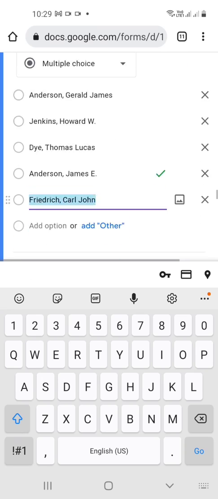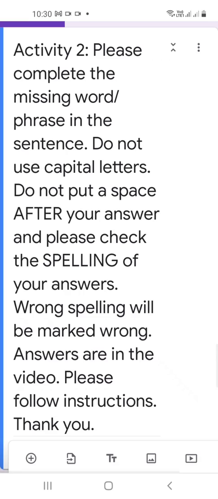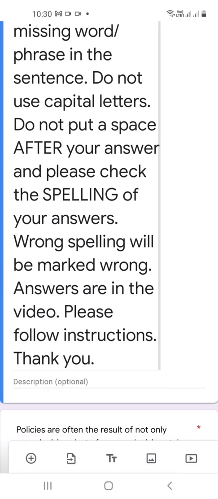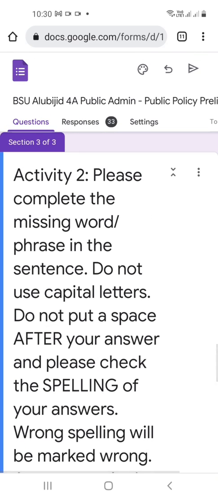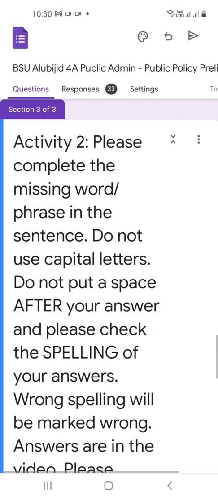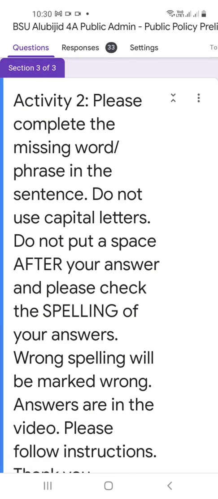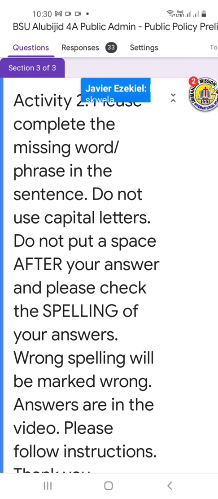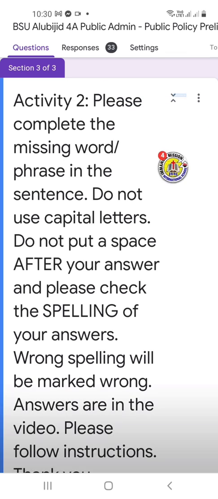So the font size is really big. So please complete the missing word. Word, not words. Okay? Only one word or only one phrase for every sentence. Missing sentence. Do not use capital letters. No capital letters. So if your default in your keyboard or keypad is there,